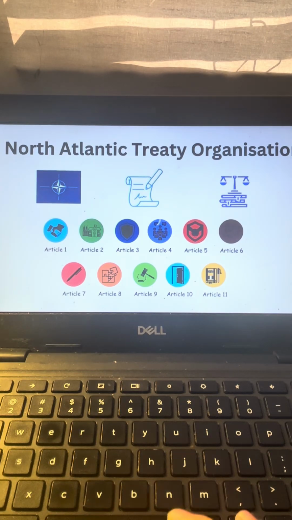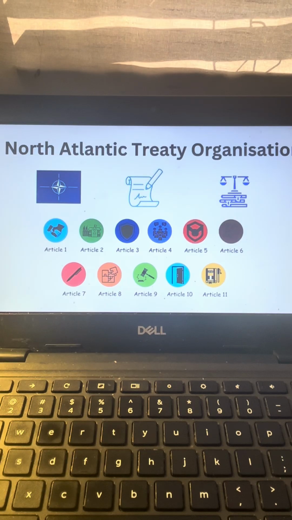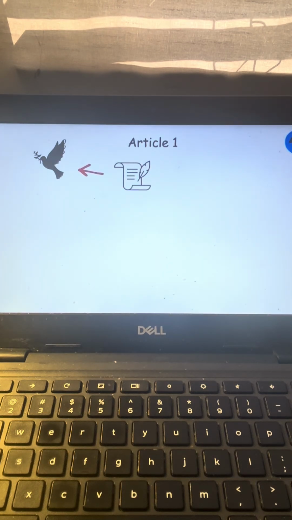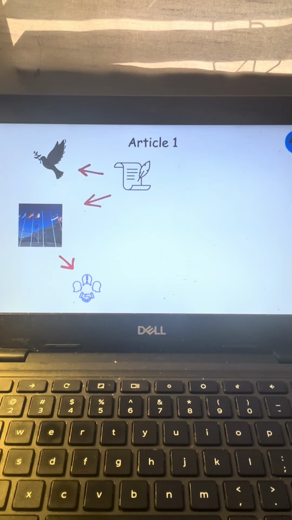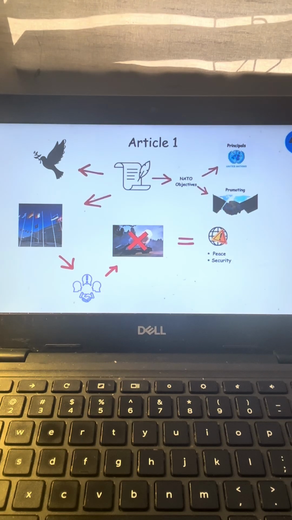And here we go. Today, we'll break down each part of NATO's 1949 treaty to understand how it still influences global security. Article 1 is a declaration of peaceful intent among NATO members who agree to resolve any international disputes in which they may be involved by peaceful means, thereby avoiding the use of force in such a way as to endanger international peace and security. This article aligns NATO's objectives with the principles of the United Nations, promoting the use of diplomacy over aggression.